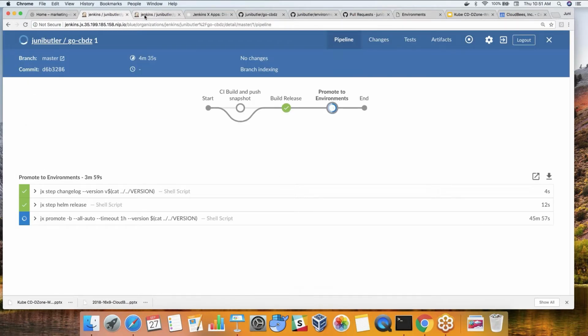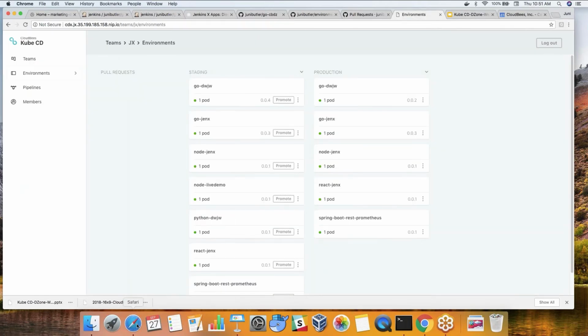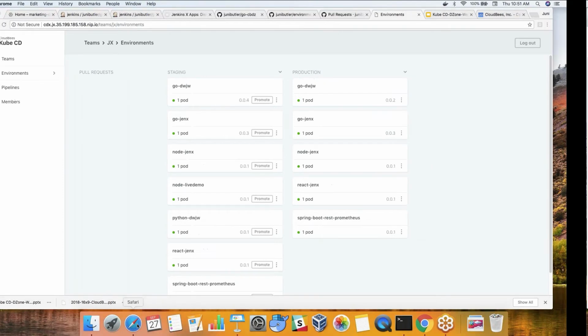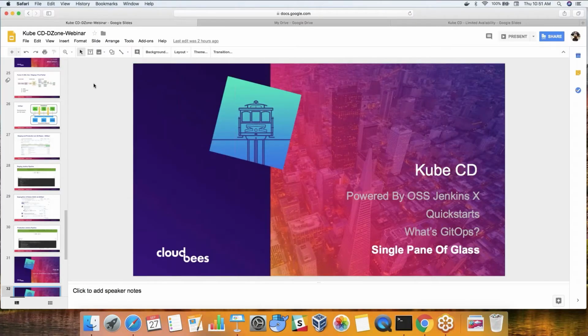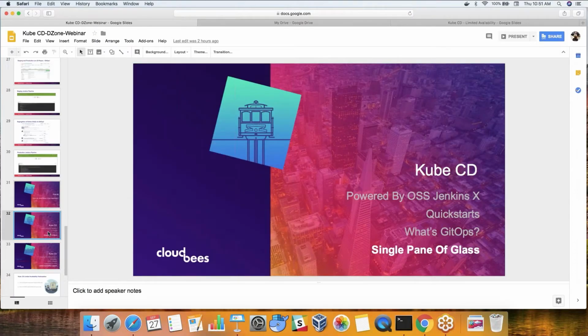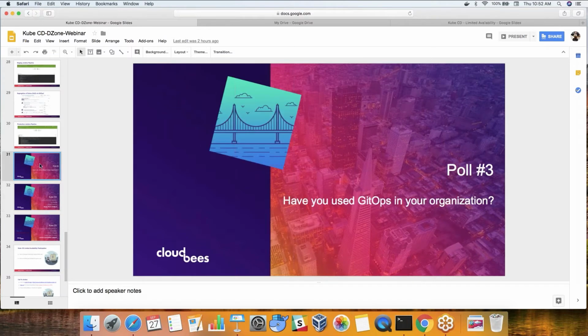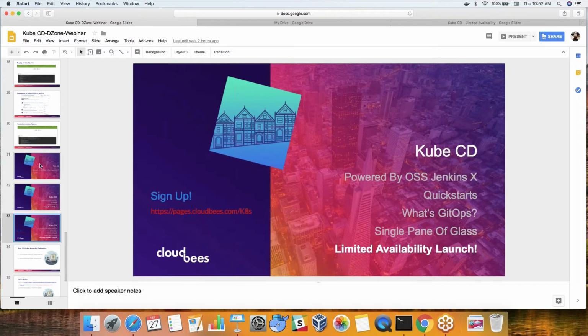And let's just see what happens. Also, while this runs, let me go finish the rest of my presentation. So we were here, and pretty much towards the end, where we were looking at that single pane of glass,